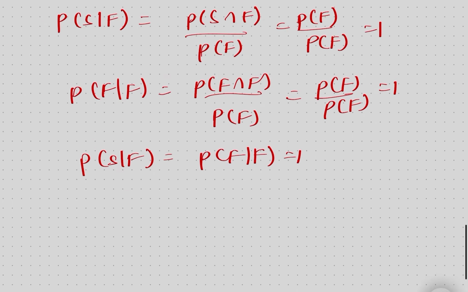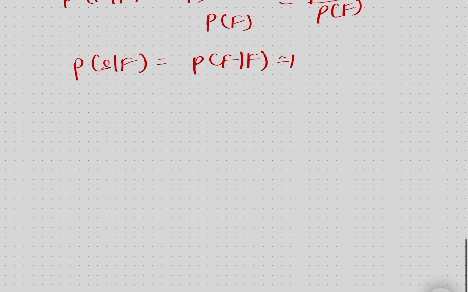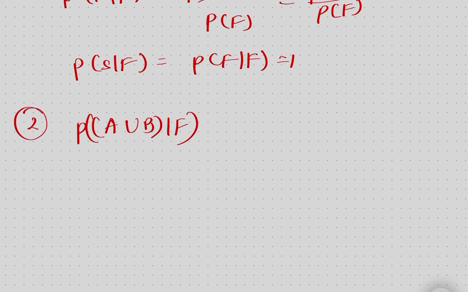Now, similarly, for property 2, if A and B are any two events of a sample space S and F is an event such that P of F is not equal to 0, then the conditional probability of A union B given F is given as